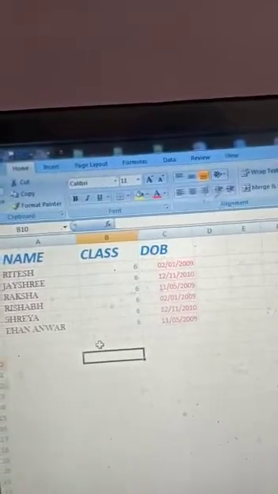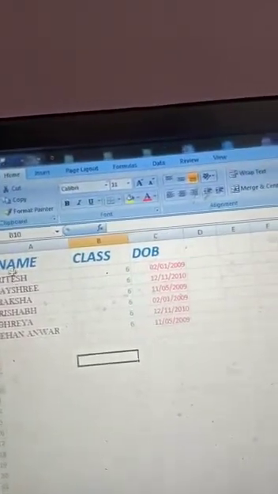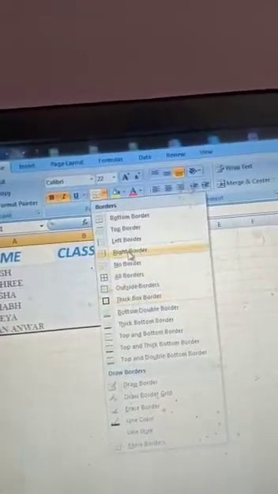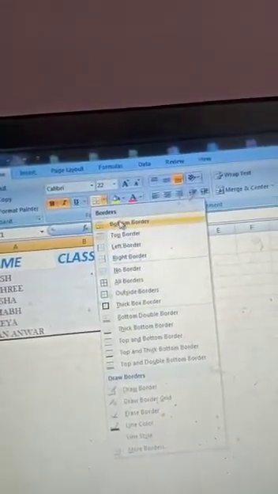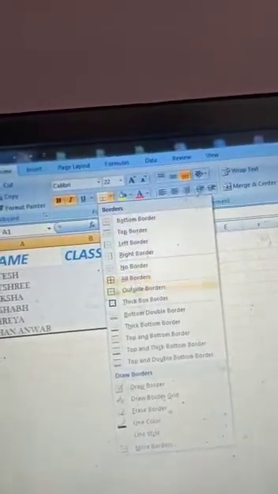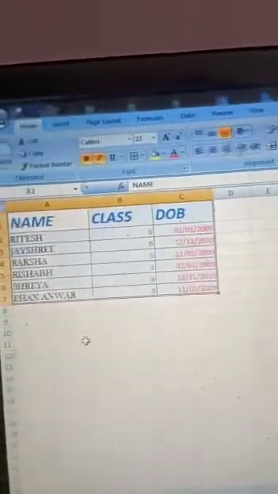Okay students, so that is select a font color, and select a border if you want. Then you have to select it all, and then there is a border: all borders, only outside border, thick box border, right border, left border, top border, bottom border, whatever you want. If you want to erase or draw a border from your cell, then you have to select the draw border option. I will select all borders here. Okay, that is the way. So this is how to select the border. Very easy how you can select the colors and borders.